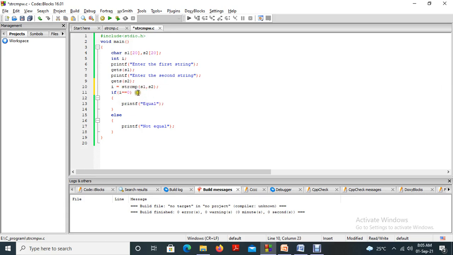What's happening here is the returned value, whether it is 0 or 1, is stored in a variable I, and if I is equal to 0, the condition is true and we say equal, otherwise not equal. You can write it in the previous way, that is the ideal way, so we are avoiding this I variable. It is not necessary, but for your understanding I am explaining like this.